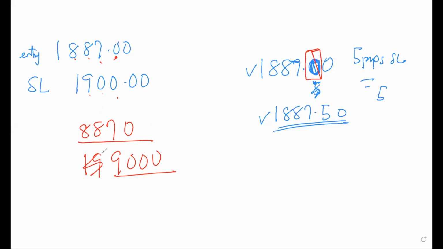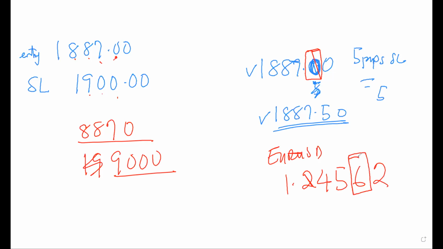All right. This is the same principle you use for normal Euro USD. For Euro USD, you can have 1.24562. What is the most important digit? 6. That's the most important digit. So whatever your calculations will be must end at this fourth decimal. So if you have a Euro USD entry of 1.2456 and a stop loss of